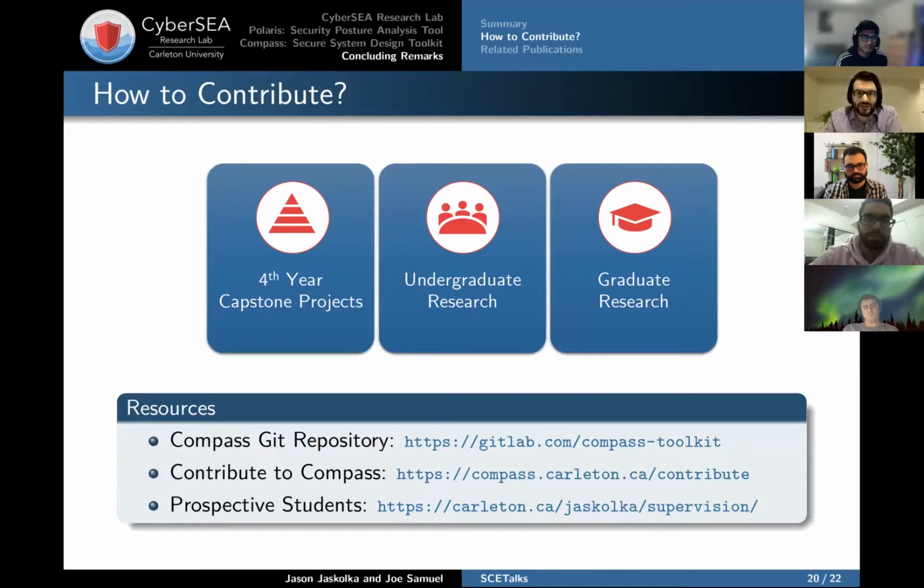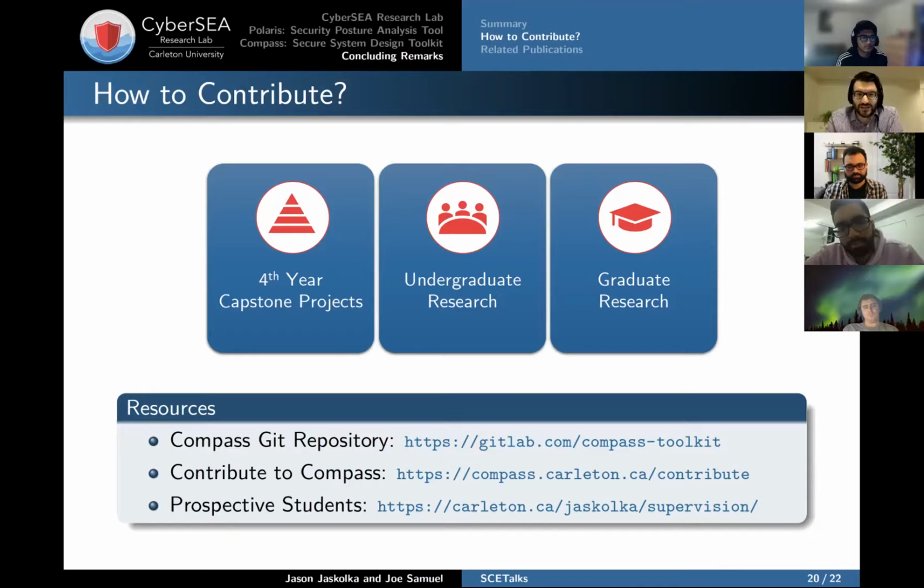That could be a really nice way of developing some portfolio material when you're on the job search after the fact. If you've already been part of your fourth-year projects and you're interested in undergraduate or graduate research, there are also opportunities available to come join us in the lab and work on these kinds of projects. So there are a number of different resources that you can check out if you're interested in contributing.